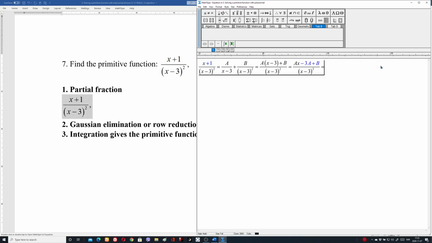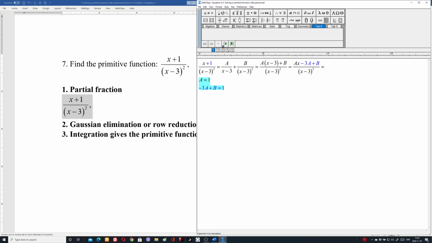Okay, so now I'm receiving that a is equal to 1, and minus 3a plus b is equal to this one here, 1. Okay,